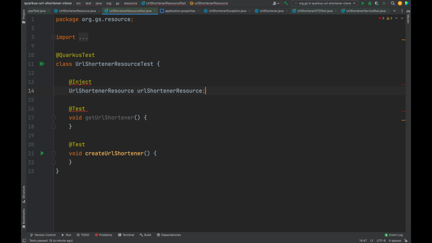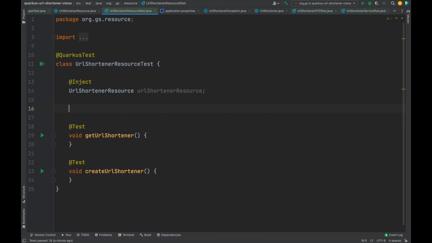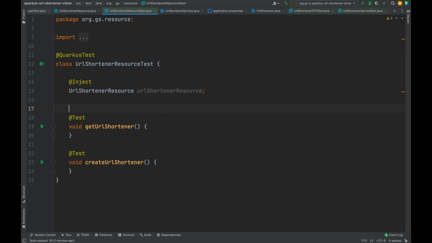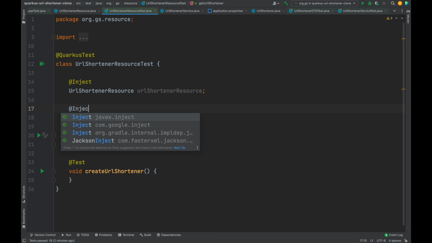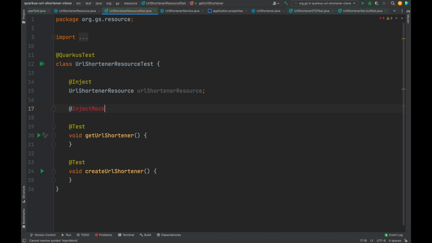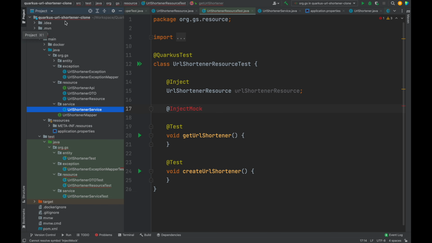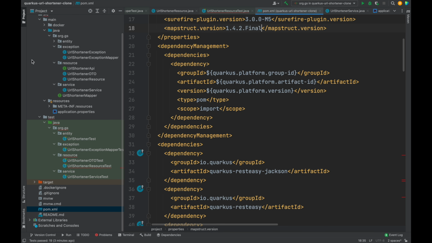So first, let's inject, with the annotation Inject, the UrlShortener resource. The UrlShortener resource uses the UrlShortener service that we implemented in the previous video. Because of that, we need to mock our service. To do that, we can use the annotation provided by Quarkus, InjectMock. As we can see, for the moment we don't have this annotation ready to use because we need to add